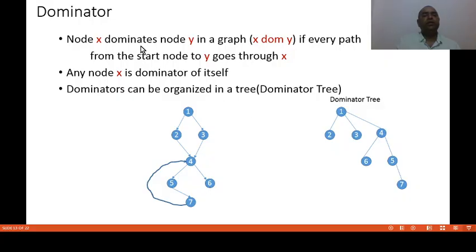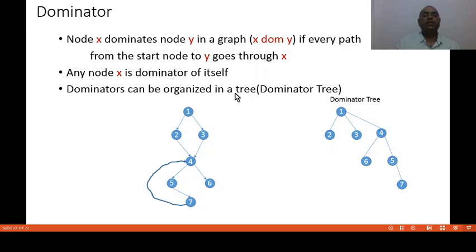Node X dominates node Y in a graph, X dom Y, if every path from the start node to Y goes through X. That means X dominates Y if and only if every path from the start to Y goes only through X. Then we will say that X dominates Y. Any node X is a dominator of itself.